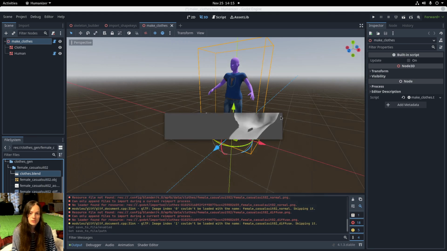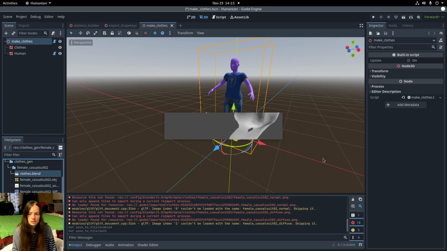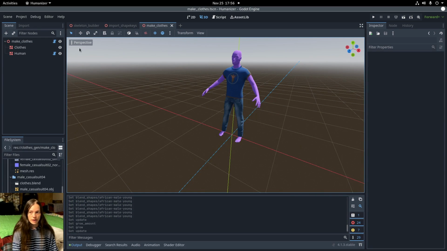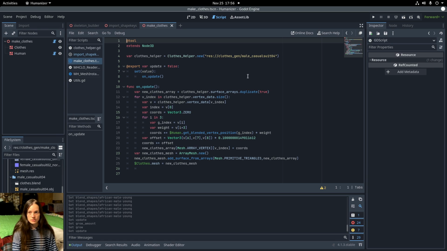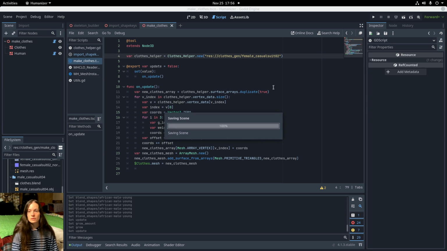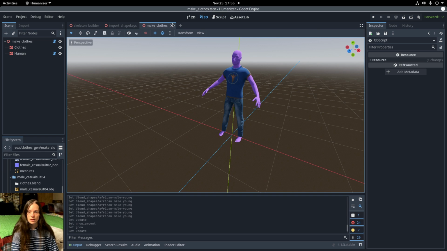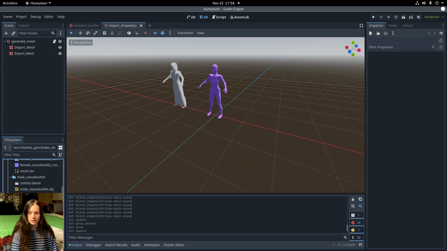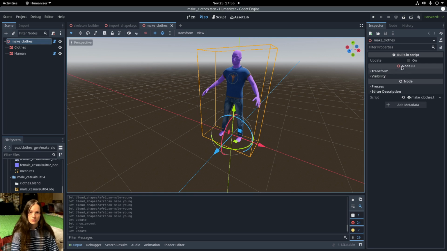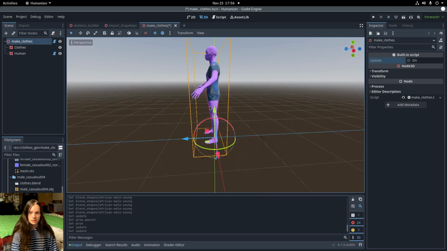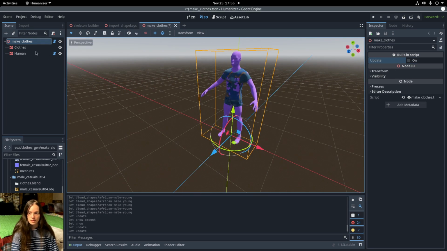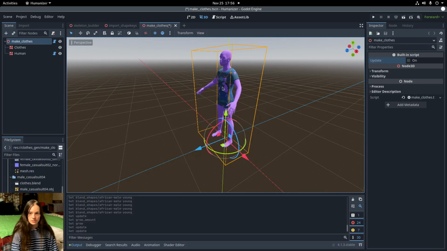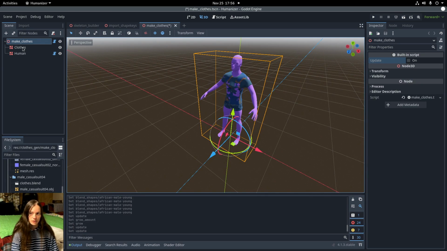It just has to be consistent. Now in the script in make clothes, if I change the clothes helper to female casual suit 2 and reload the make clothes scene, when I update, you can see that it has the female outfit on now,